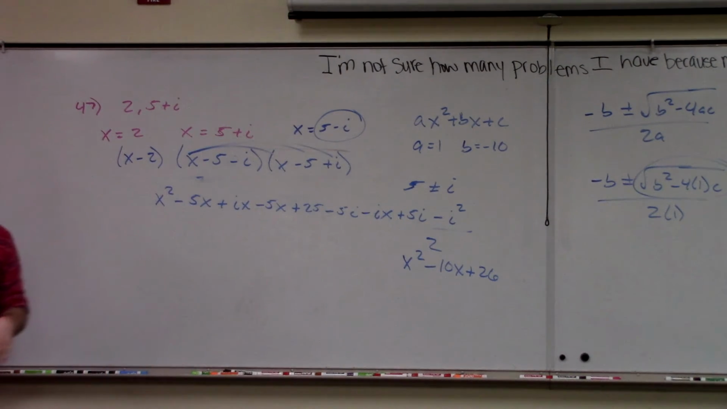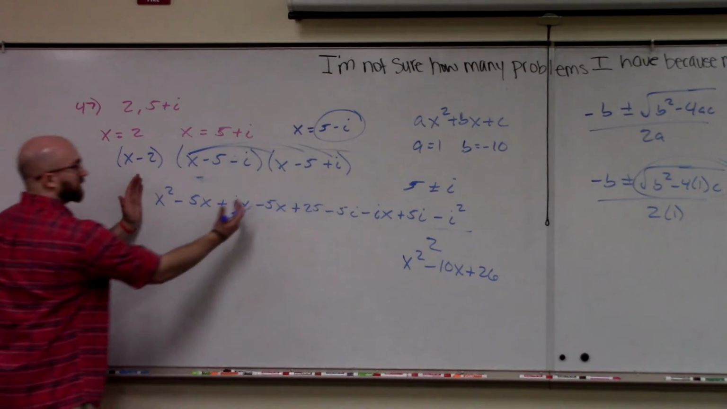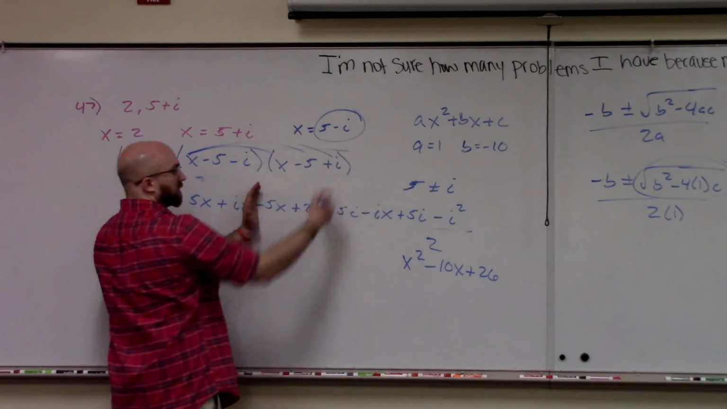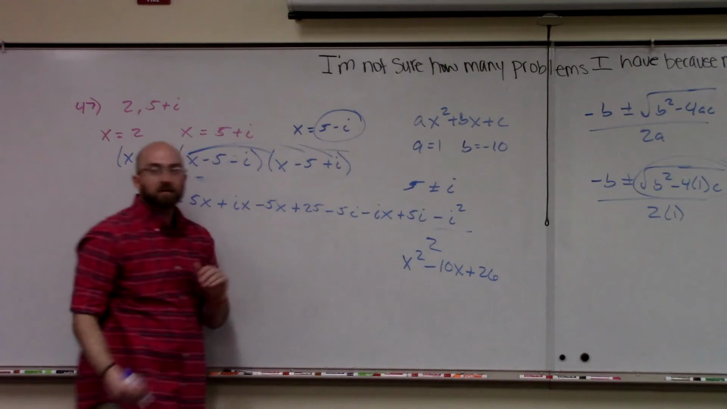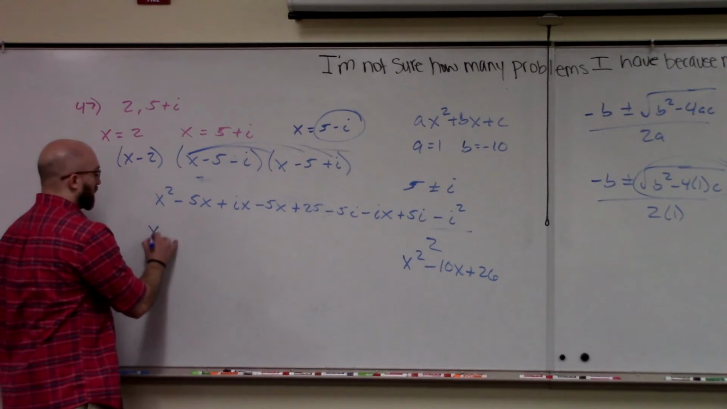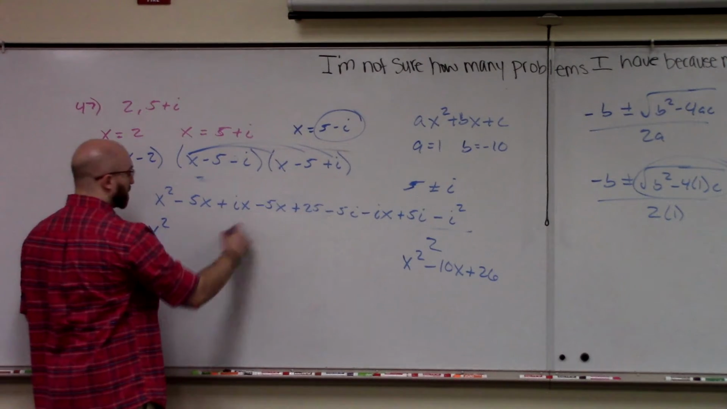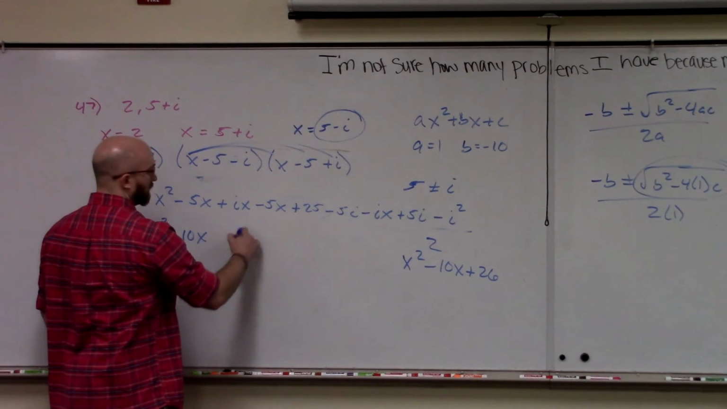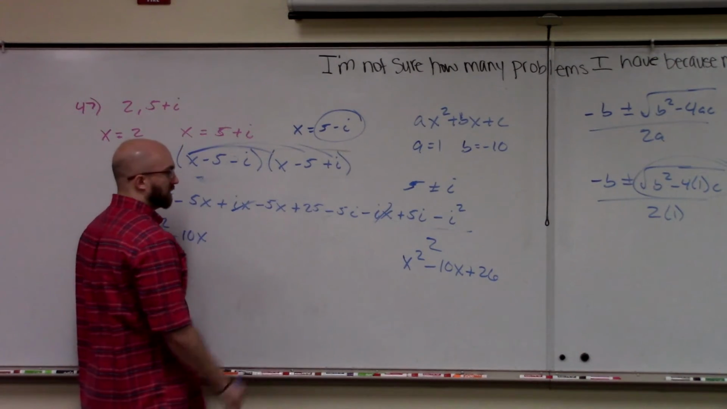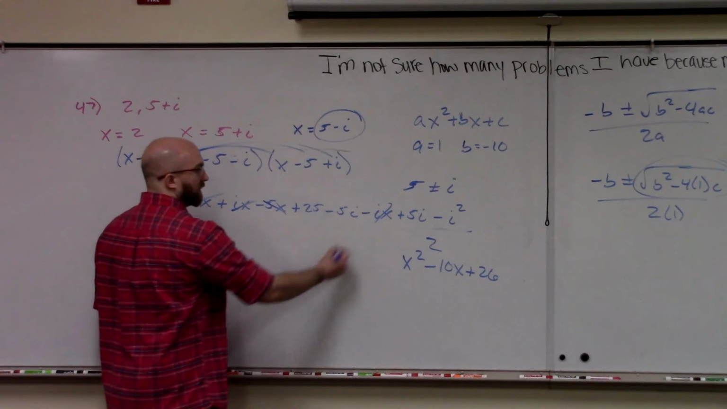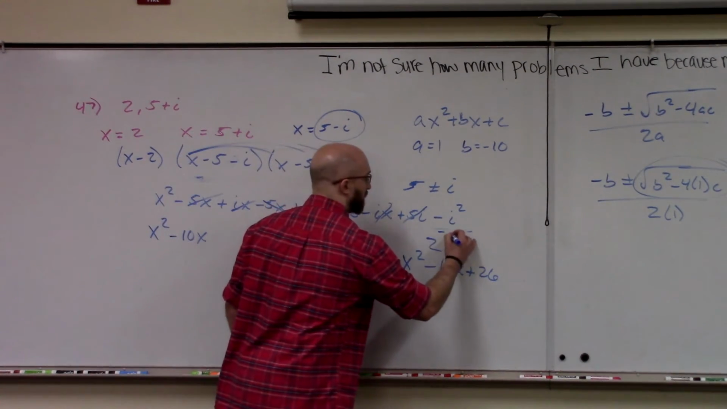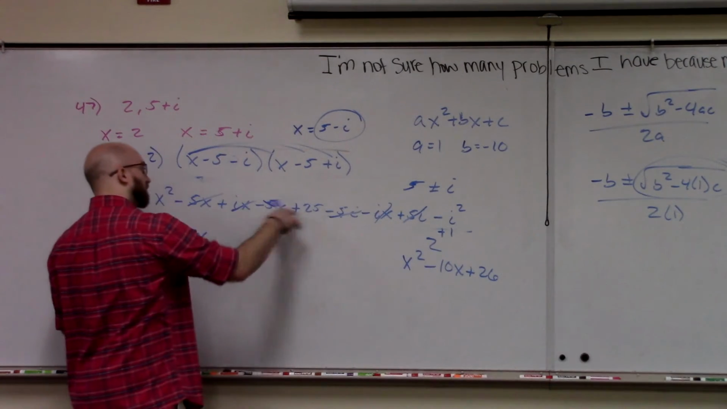I FOILed it. These three: x, 5 to all terms, i to all terms. x squared, -5x, -5x, -10x, ix and ix cancel. These I'm already done with. But -5i plus 5i cancel. i squared is -1, so that becomes +1. 1 plus 25,